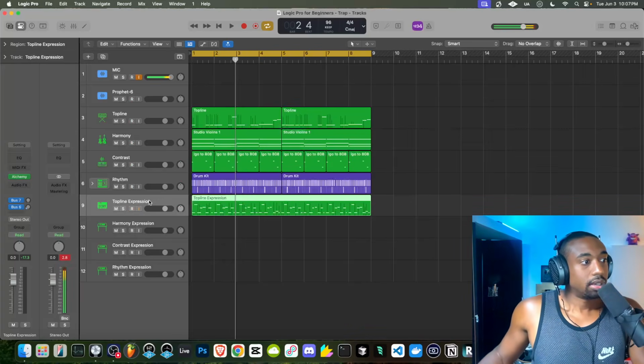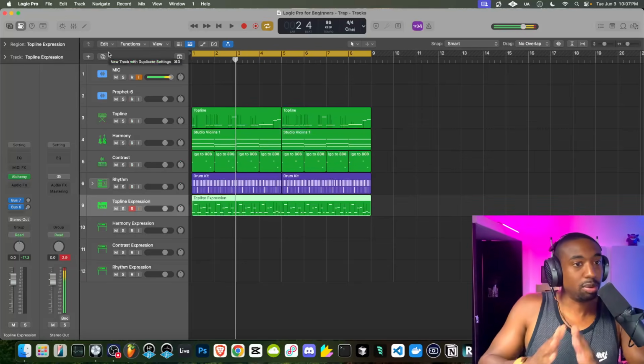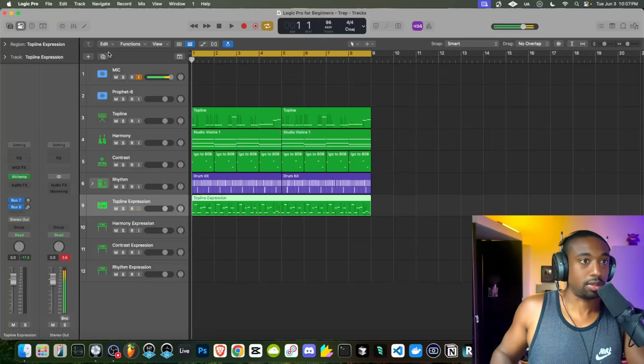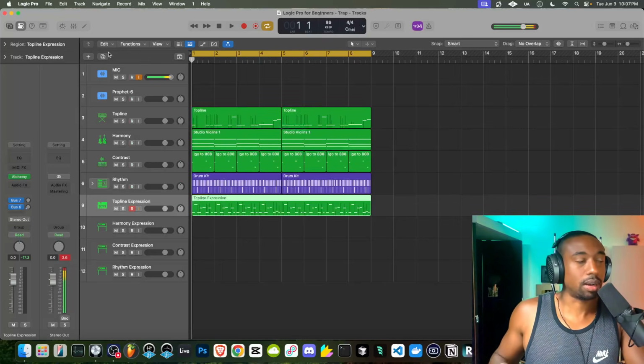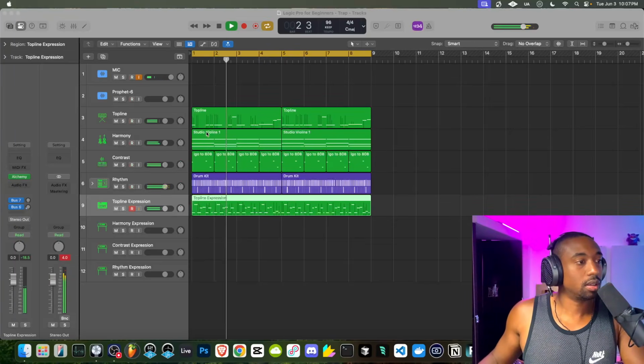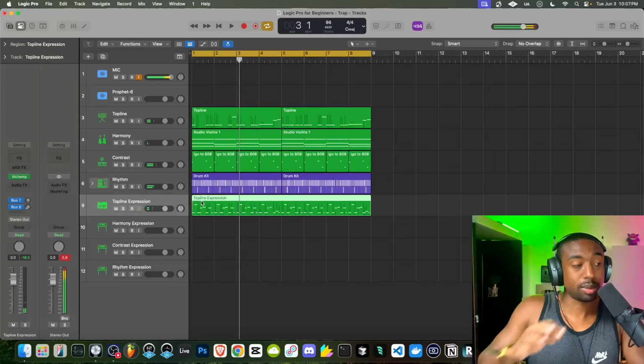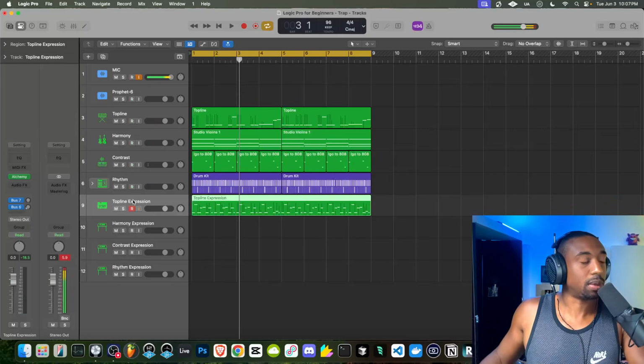We're just going to click on the top line expression layer. In this case, the thing we want to delay, meaning push back in time, because right now it's very stiff. It's like dun dun dun dun dun dun. It's just right on everything. We want to delay it like we did with the hi-hats, where we nudge the notes over a little bit. So let's go to here where it says top line expression layer.